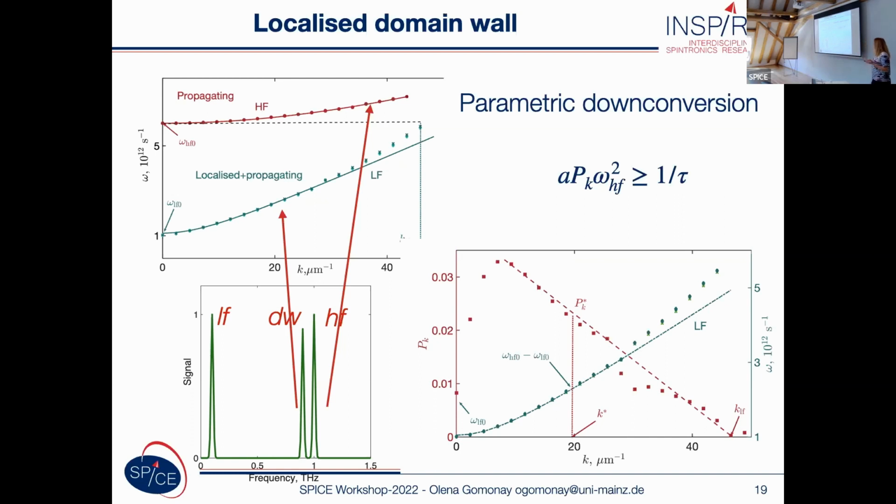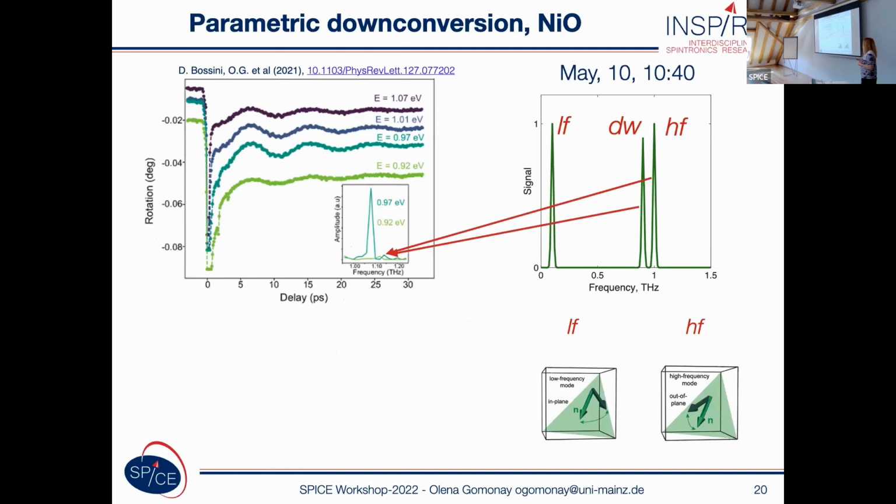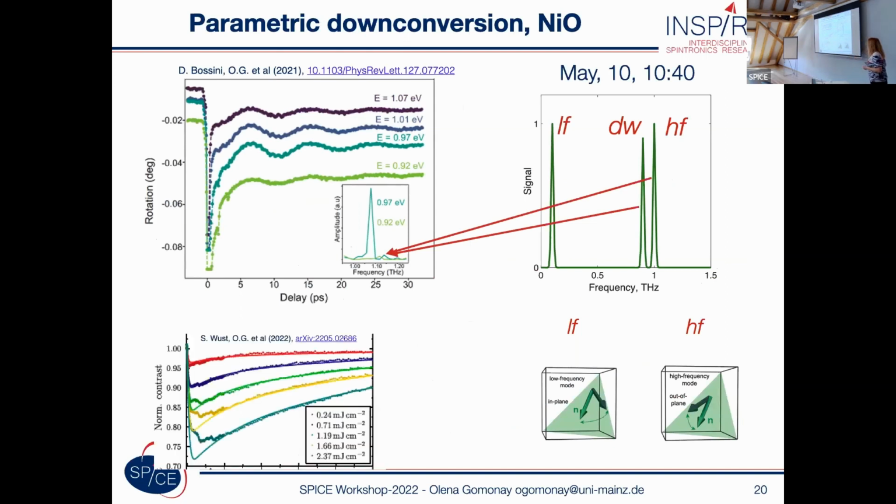So if we would like to switch nickel oxide, in any case, we should take into account this complicated dynamics which is induced by magnetoelasticity. And also, we can try to overcome this strong magnetoelasticity. Here I would like to show you very recent results. This is an arXiv paper which was published two days ago, also from the Mainz and Kaiserslautern groups.